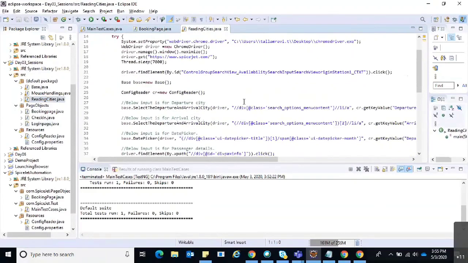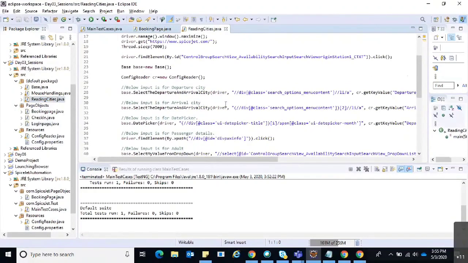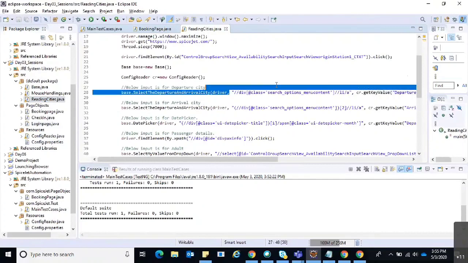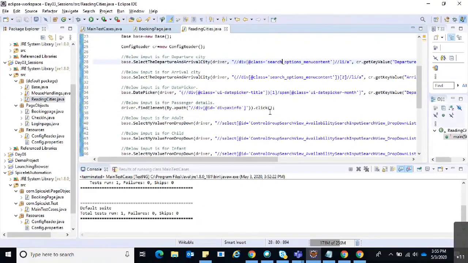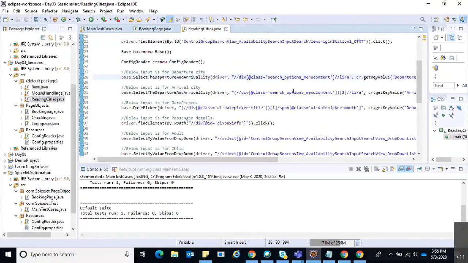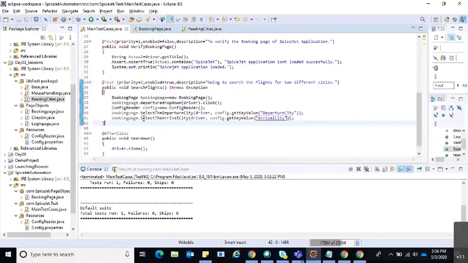See, for selecting the particular departure city and arrival city, we were mentioning all those things like export details here, and it is not a very good or suggestible method to follow like this. And see the main test class here, and it is very clear, and we are maintaining the abstraction as